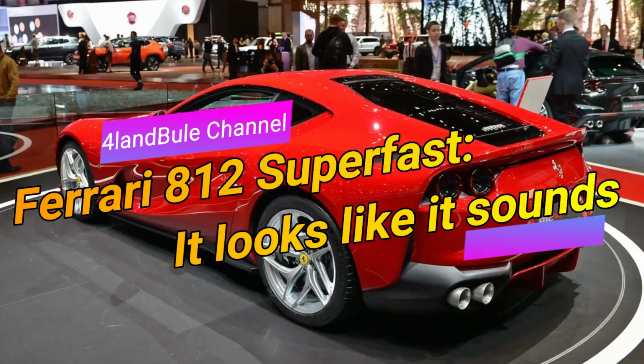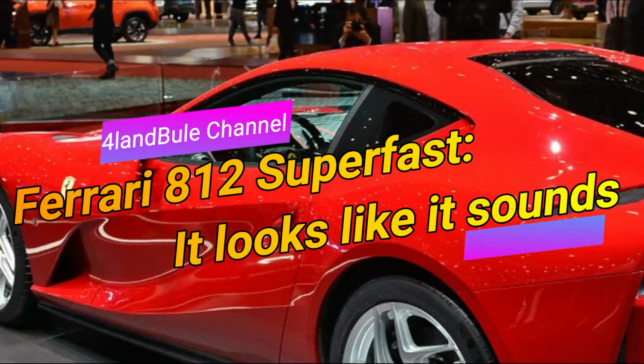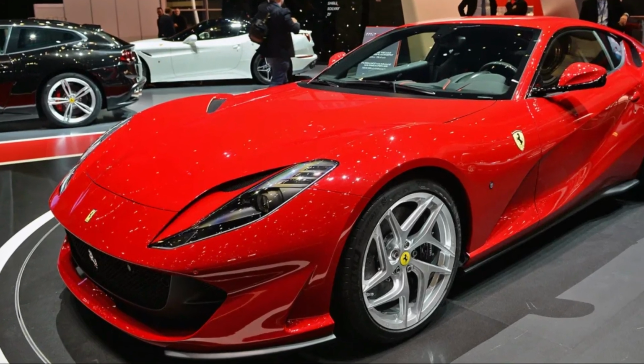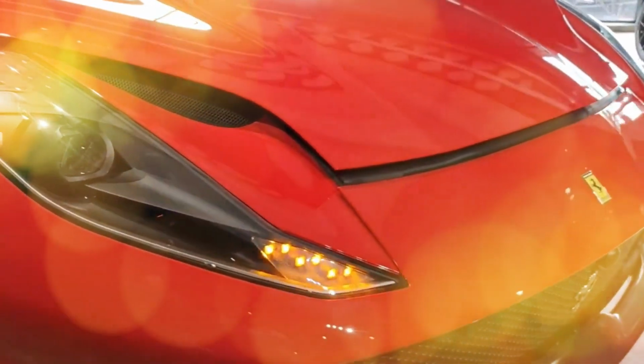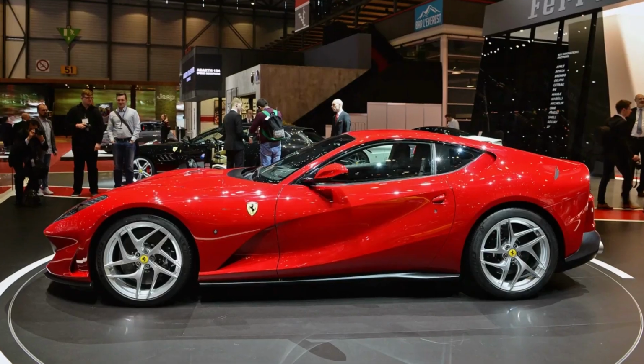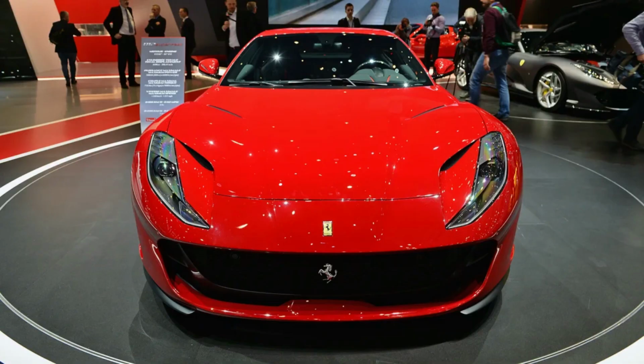We have the Ferrari 812 Superfast. It looks like it sounds. Ferrari has been on a roll with its recent mid-cycle refreshes. Last year at the Geneva Motor Show, the prancing horse brand unveiled the significantly updated replacement for the FF and named it the GTC4 Lusso, reviving a name last used on the 1971-72 365